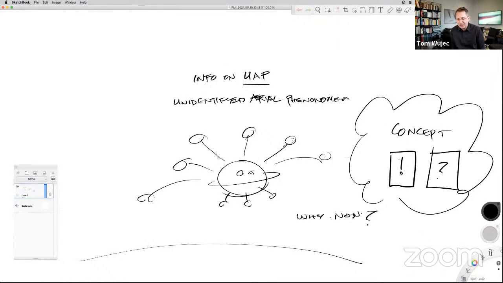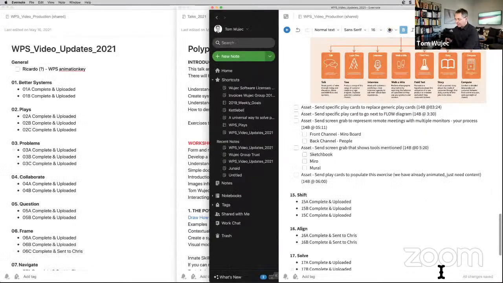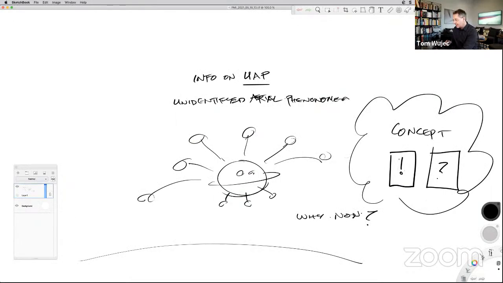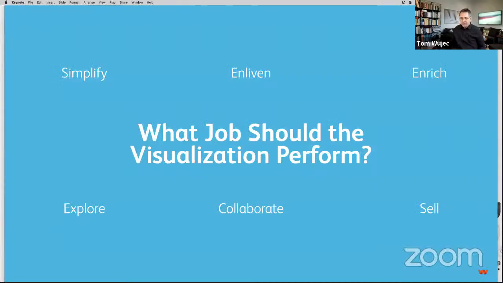What I'd like each of you to do, especially those of you at home, to clarify, is to go to the second phase here, which is not this one here, it is here. What job should the visualization perform? So we talked about that. That's a really important step because it then